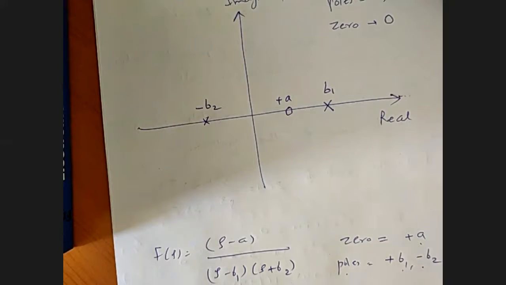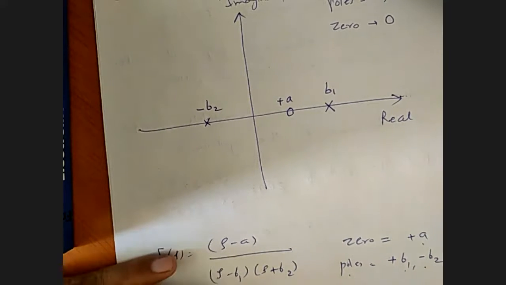So for pole zero, we first have to identify the function of the system, and from the function we have to find out the zeros and the poles, and from that we draw on the graph. If it is first order or second order, then we can directly find them. If it is a higher order system, then we have to use the hit and trial method. You must all know how to find the roots of a polynomial. Clear?